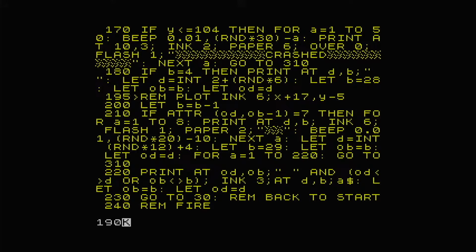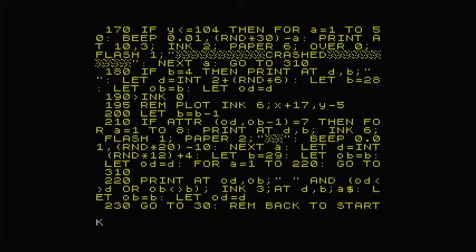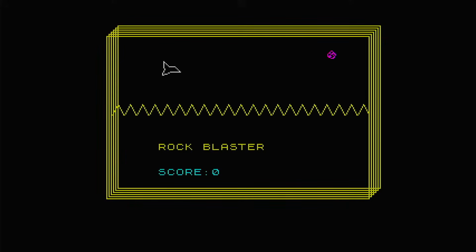Let's put 190 back in, ink black. No, it's fine. So I have to leave that ink black in. I don't understand why, but it's not doing it now. As soon as I took it out,